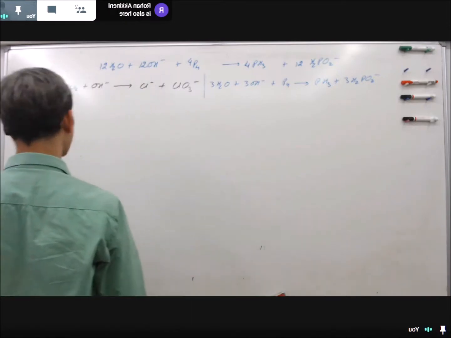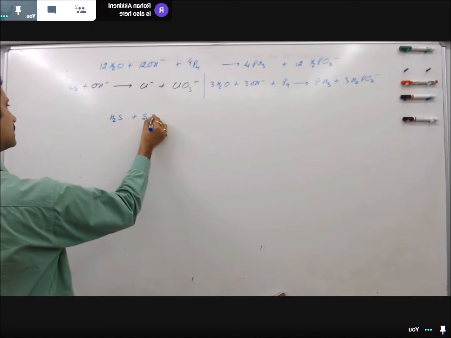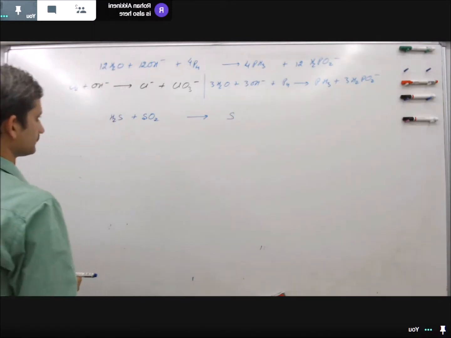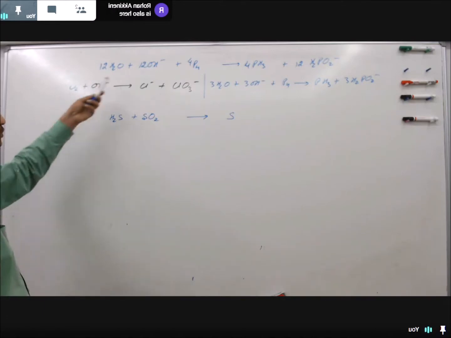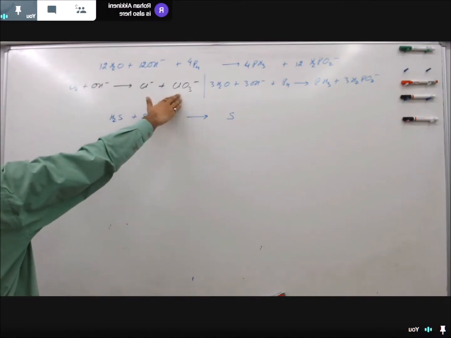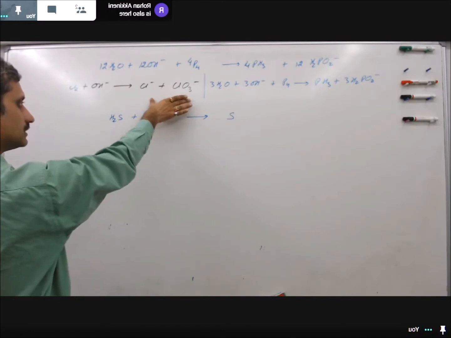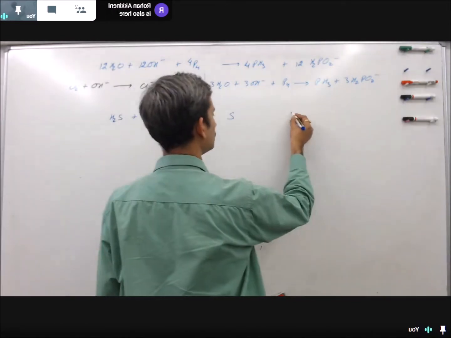That's again a very simple reaction. We have H2S plus SO2 giving us S. Now, Rohan, this is an opposite kind of reaction to this one. This was a disproportionation reaction where we had one reactant and two products. Now, this is an opposite kind of reaction, and it's called a